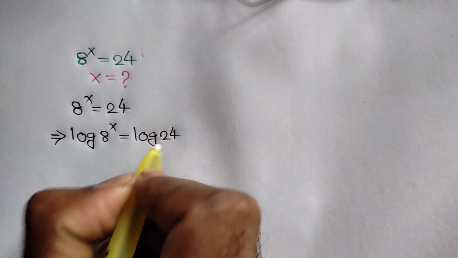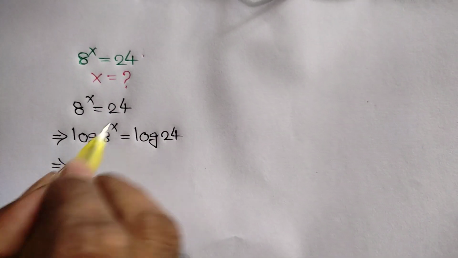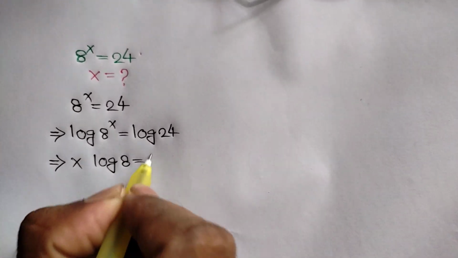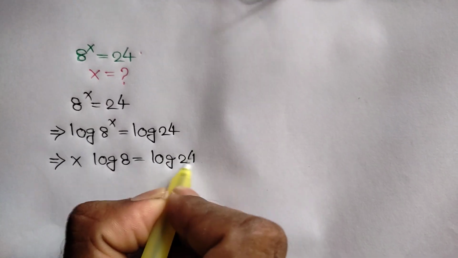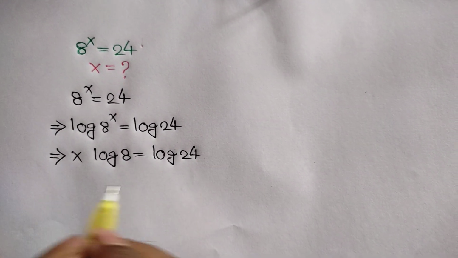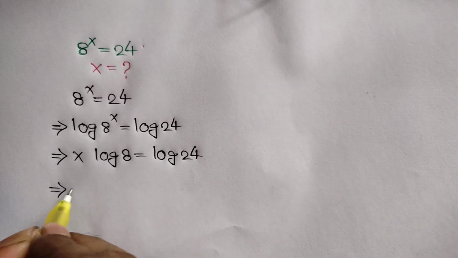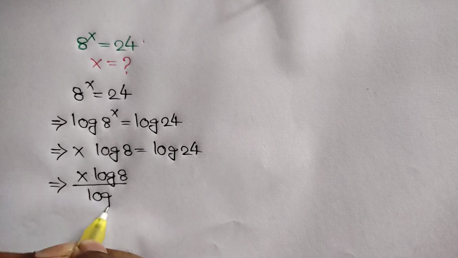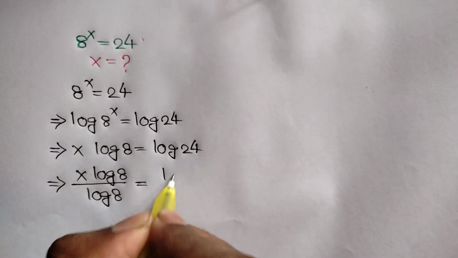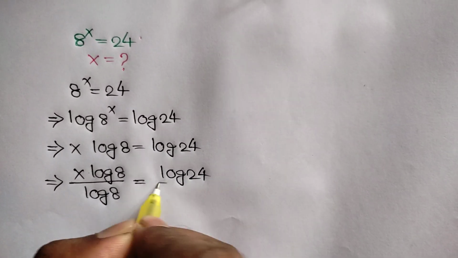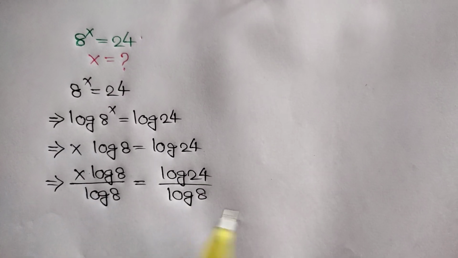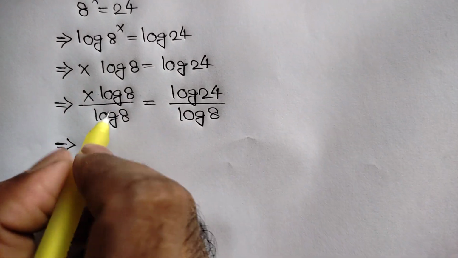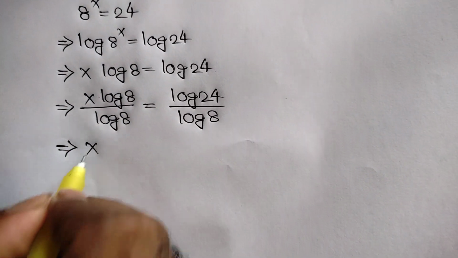of 24, or here we can write x log of 8 is equal to log of 24. We need the value of x, so dividing both sides by log of 8 we can write here x log of 8 over log of 8 is equal to log of 24 over log of 8, or this log of 8 cancels out this log of 8, so it will be remaining x is equal to,